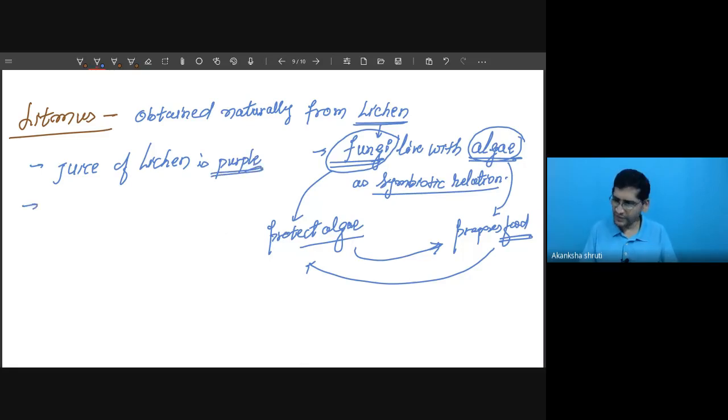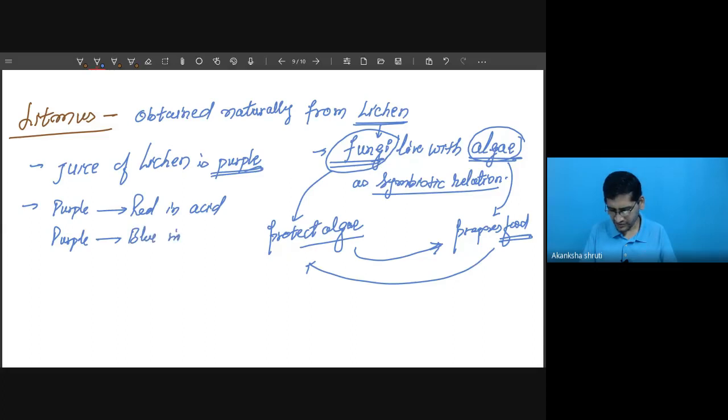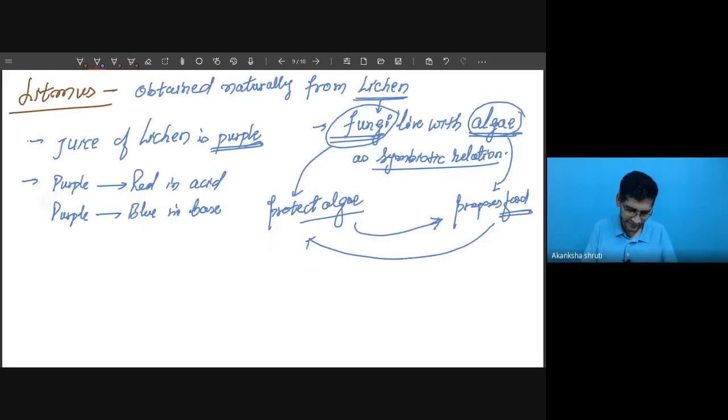And this purple color changes to red in acid, and this purple changes to blue in base. It is one thing. Another thing, this purple color